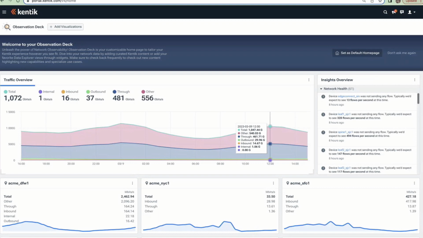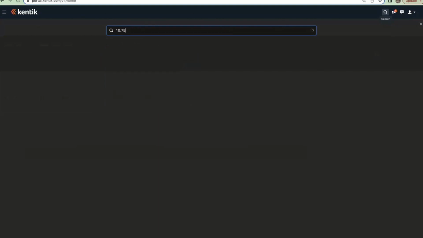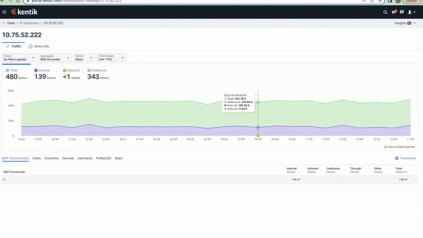But what I'm going to start with, I've got the front-end service IP, and I'm just going to enter that in and search it. So 10.75.52.222, that's what's in the ticket. And I'm going to click into that. And so far, not seeing anything that looks fiery, but I'm going to jump in and look at it in